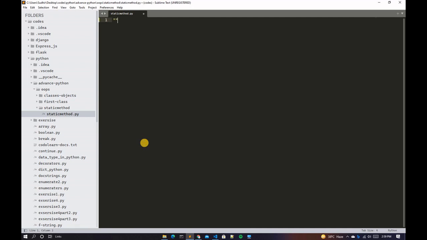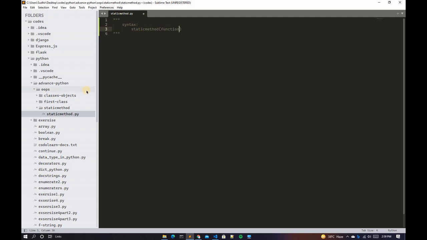So guys, let's add a multi-line comment, something like this. And inside that you have to type syntax, and the syntax of the static method is staticmethod(function). So guys, this is the syntax for static method.